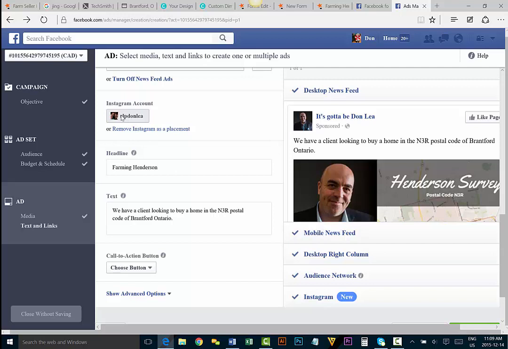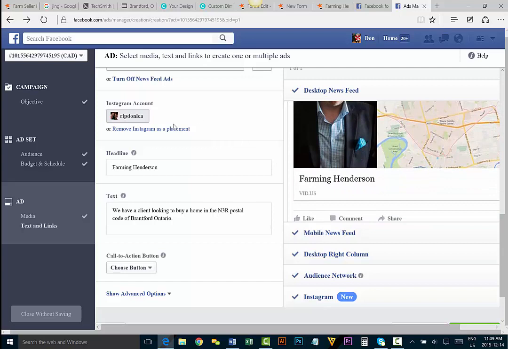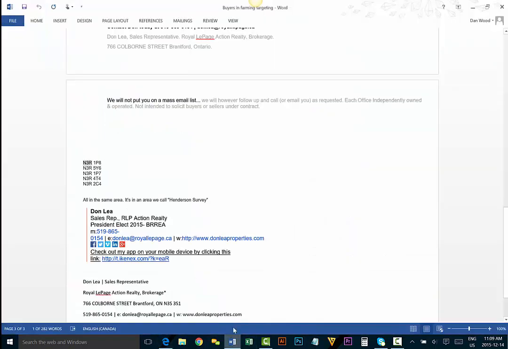So after you connected your Instagram account or just decided not to use it at all, move on to the first option, which is headline. So headline, what I like to do is go to the ad and see, where is it? So Farming Henderson, oh, right here, right underneath. Okay, so what's a good call to action under there? Well, I think a good one would be